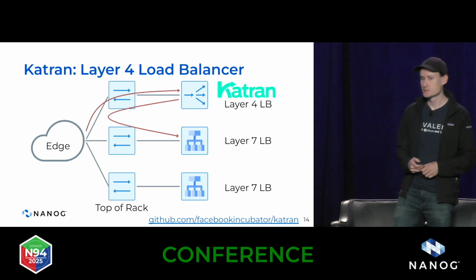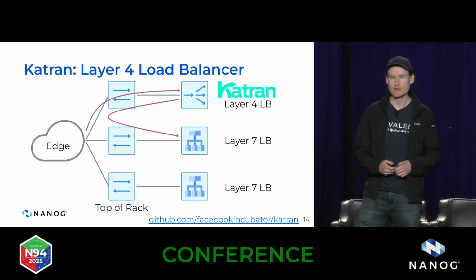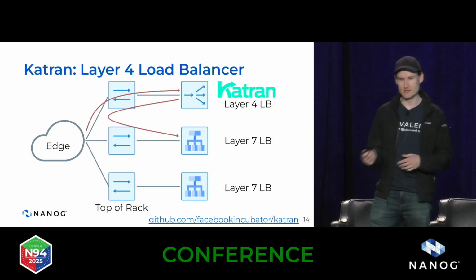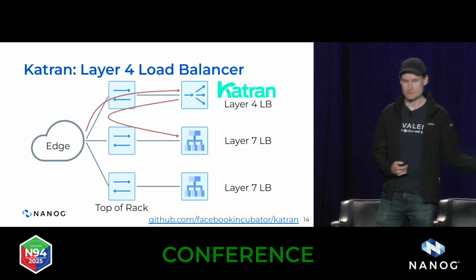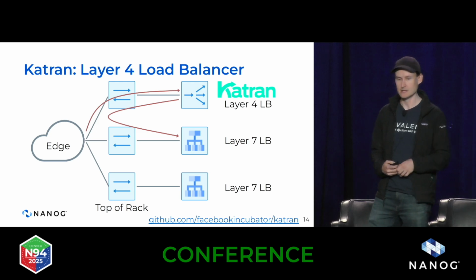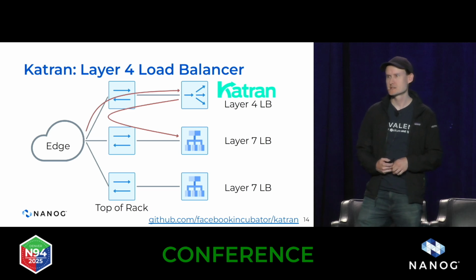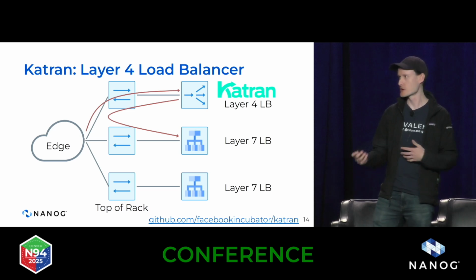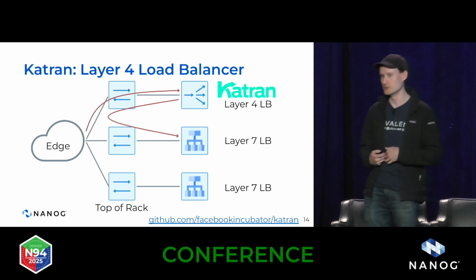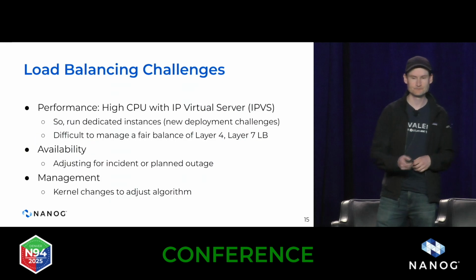So Katran is a project that was launched by Facebook, now Meta. And the goal here is to build a layer 4 load balancer. And so when you take the traffic in from your edge, you spray that across a set of layer 4 load balancers, and those then subsequently translate virtual IPs into the real IPs of different layer 7 load balancers in your system, which can then perform further operations and ultimately deliver that traffic to the applications that need to serve the requests that are coming in from the user.